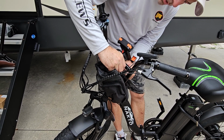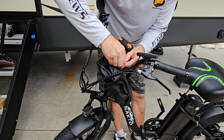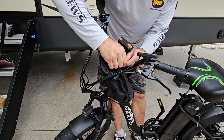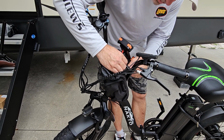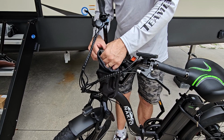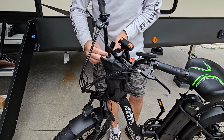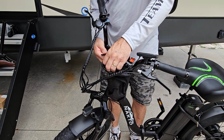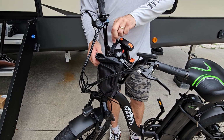So you undo it from here, put it back up through. I mean, this part's pretty self-explanatory for y'all, but get your first one marked on there and set. Do the same thing to the other side. It's going to go around it, back up through the loop on the buckle, and then there's one on the bottom that keeps it from sliding and twisting around,